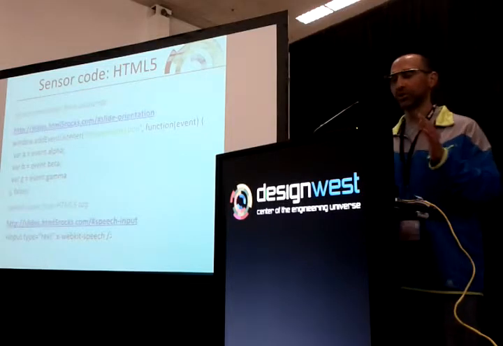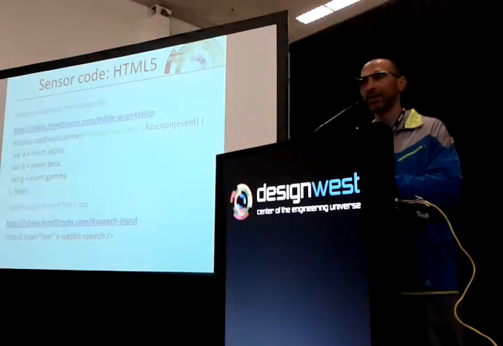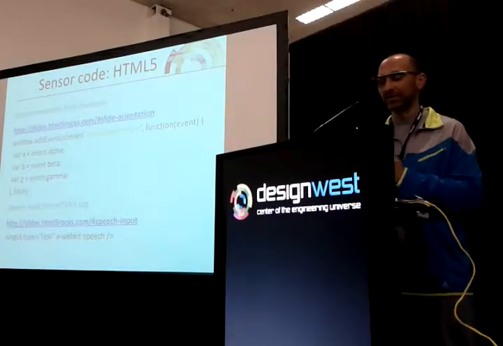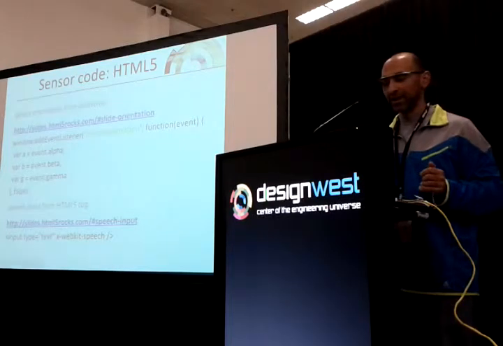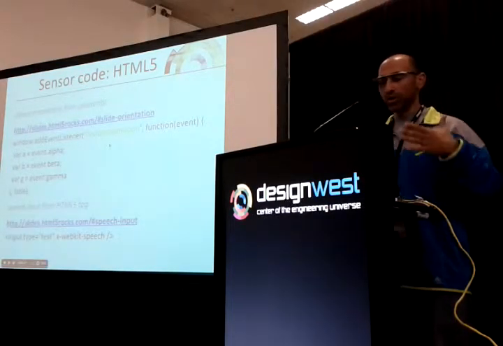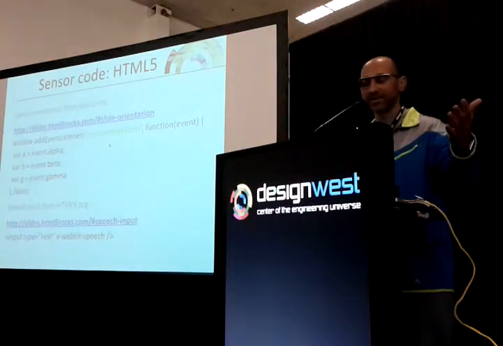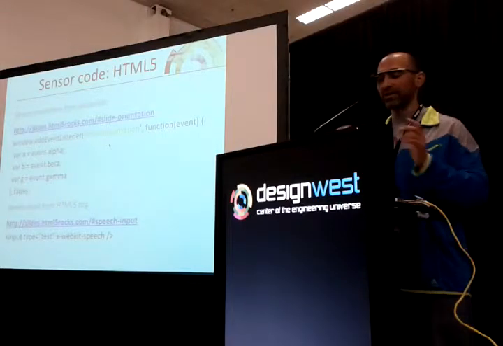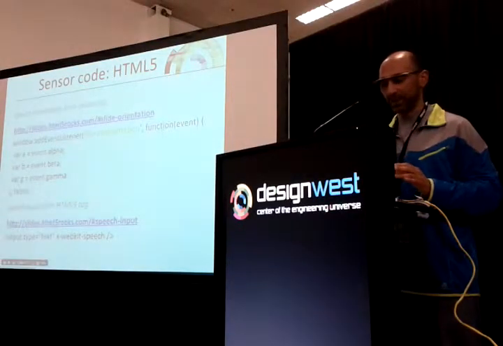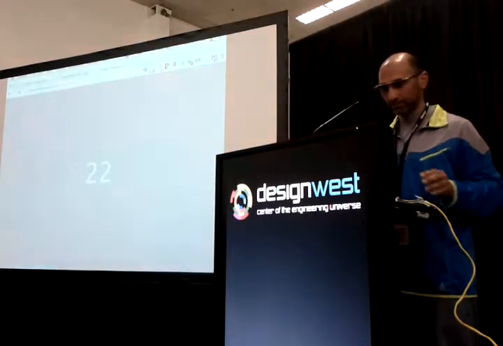Okay. So now we have seen how to do Android. We've learned Android. We've seen how to do Objective-C. We've gone through the sensors. One last thing. How do you do HTML5? So in HTML5, you write a bit of JavaScript that is going to add an event listener to the window. And here we're going to say we want the device orientation. And I believe I can show you a demo.